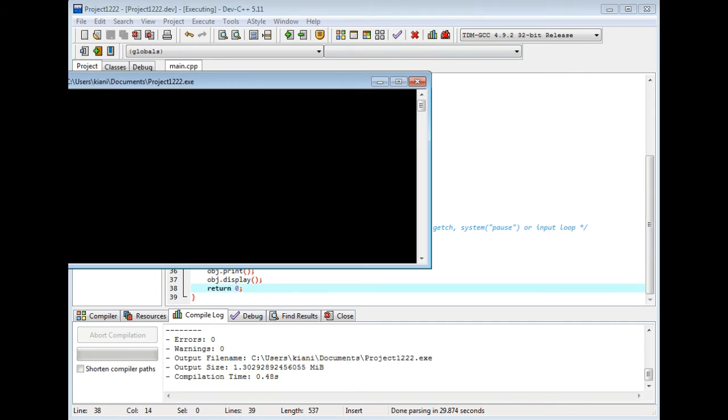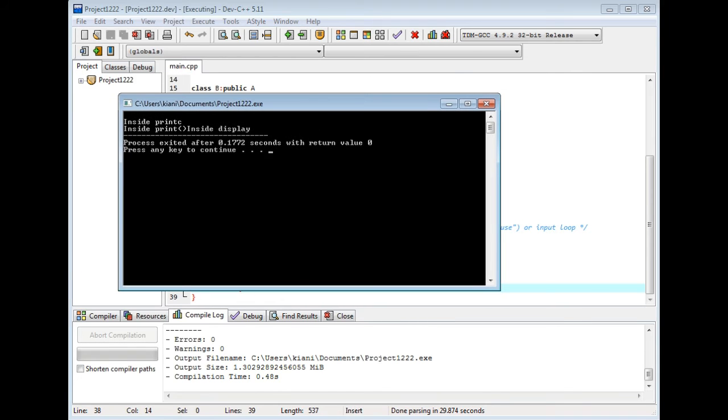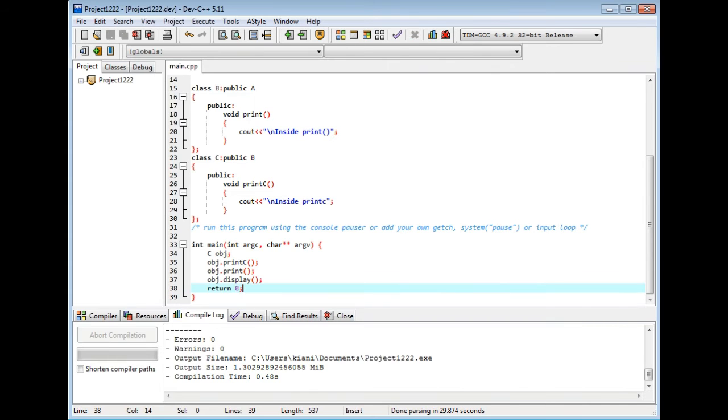Okay, you see, inside print C, inside print, and inside display. These are the three classes, three functions. All three functions are called by the object of C, the third class. So this is multi-level inheritance.